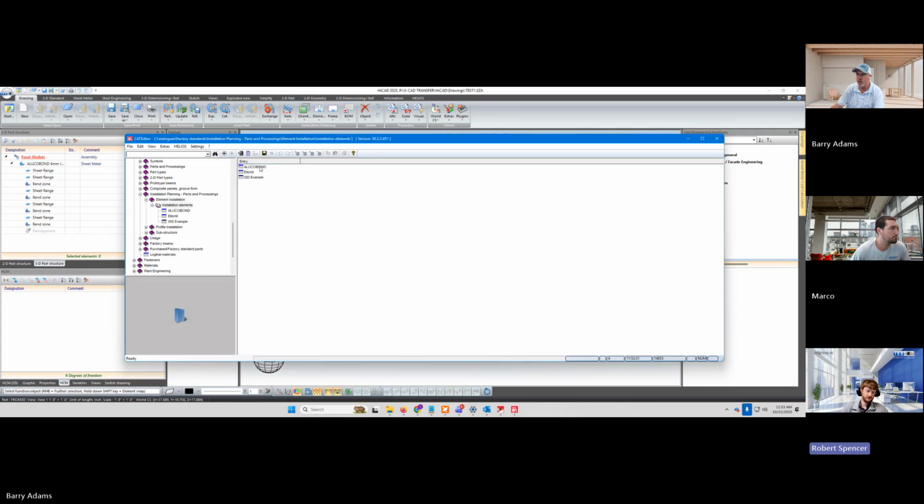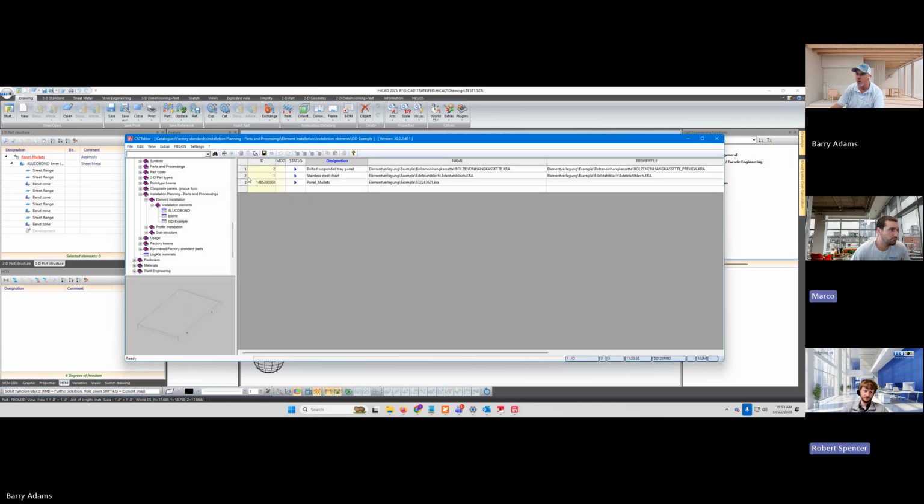Installation elements, keep going. And then ISD example. Remember, this is a table that we picked when we saved it. And there you see panel mullets. Okay. Now look over in the name column. You see how it maps to a partial path there? The file that we're looking for is at